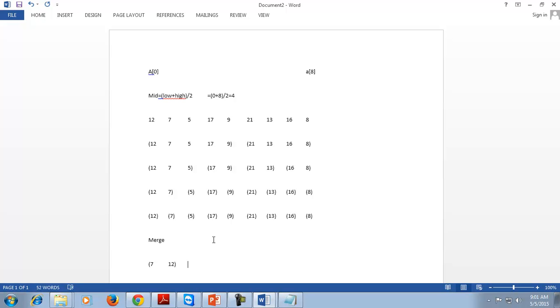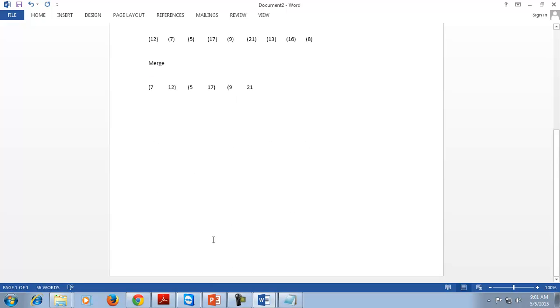Similarly, we will compare 5 and 17. 5 is less than 17. 9 and 21, 9 comes before 21. Then 13 and 16. And then 8. Again, we will compare these two lists.